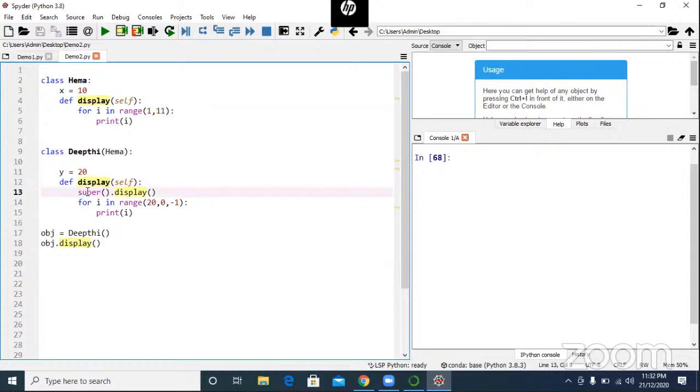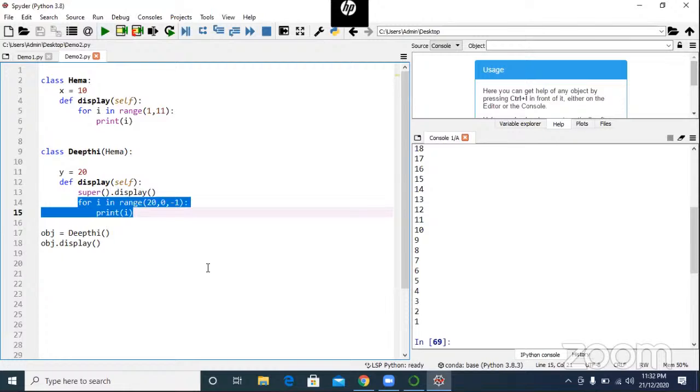So whenever you call super.display, it will go to the superclass display. So this display will work 1 to 10, and after that this display will work 20 to 1. Two options are there. Either you can call with super, or else you can call with the superclass name by putting self.